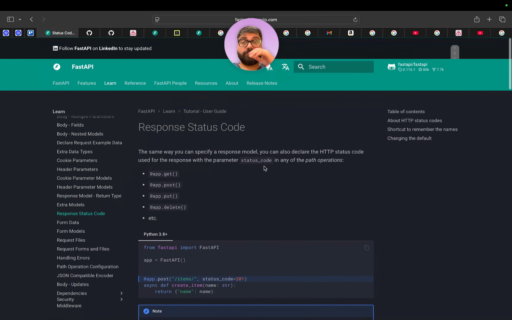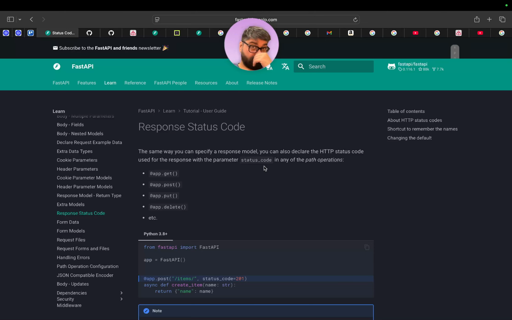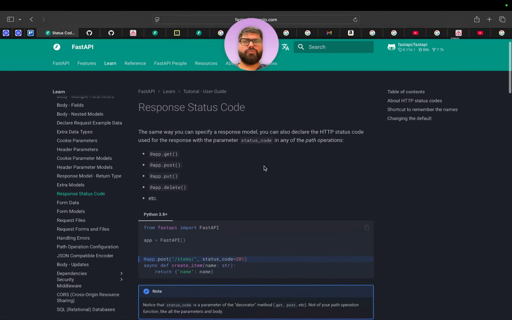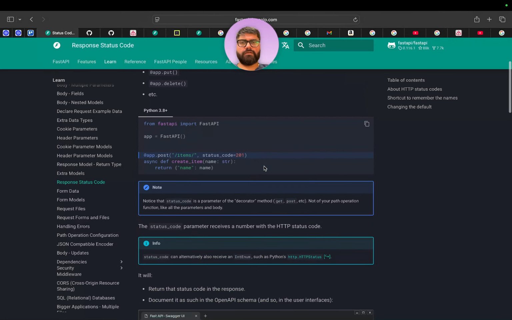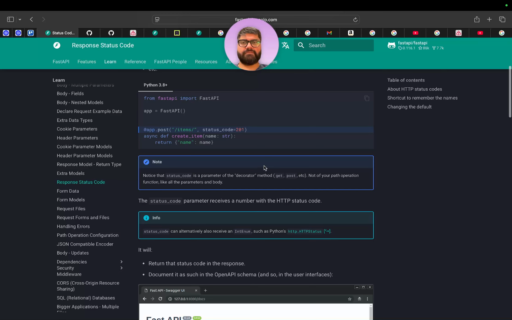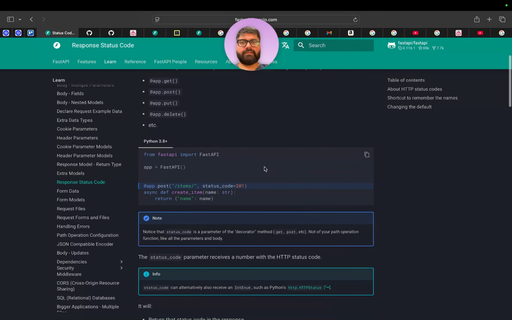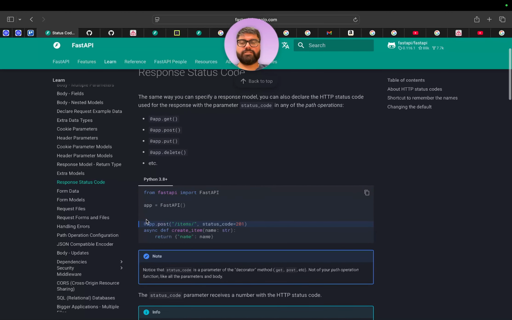So status codes in APIs, generally when you get a response, you get a status code along with that response. A very common one is just 200, that okay, everything is good. 204 is no content. 201 is created. Things like that. That's all this is. And essentially, you can say the status code that this should return with